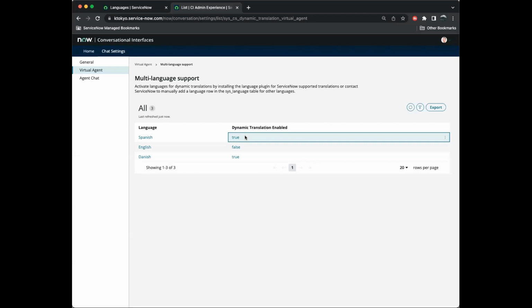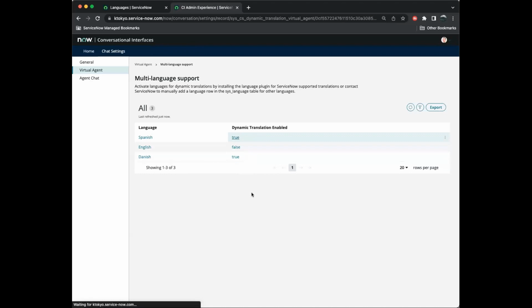So that shows Spanish being the ServiceNow localized plugin supported language, and then Danish being the one that is not covered by the list of 22 that's supported with a plugin. So you can see both of them here. We've activated both of them. Activating them is fairly straightforward. If you click on the true for Spanish, for example,